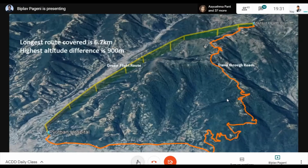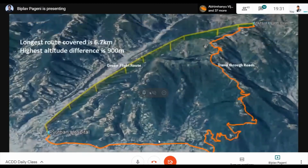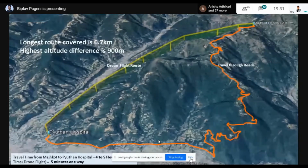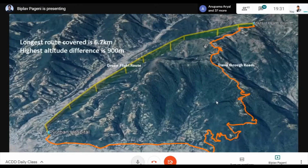in 5 minutes. Biplav, excuse me. Yes. Can you please use the hide button over there? Can you see stop sharing and hide? It's perfect. Yeah. Thank you. Sorry. Yeah. So